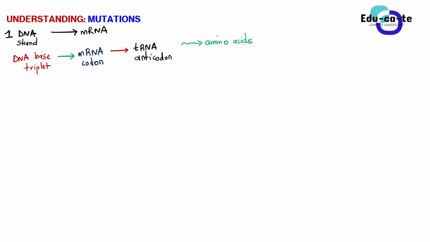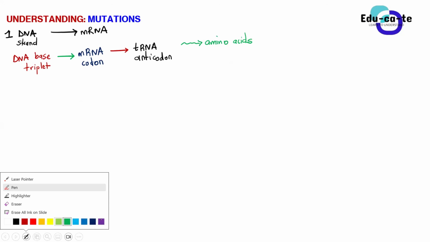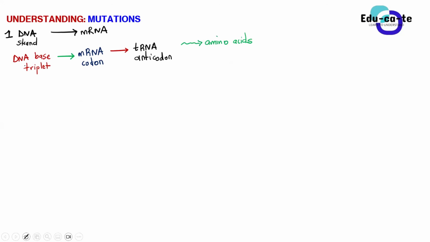Okay, so this is how it works, guys. We say that DNA is the one that gives the code for protein synthesis, but what does that actually mean? Let us start with the DNA base triplet, which I will say is TCA. So I'm giving you this as a base triplet, guys. It's just 3 nitrogenous bases that are found on a strand of DNA.